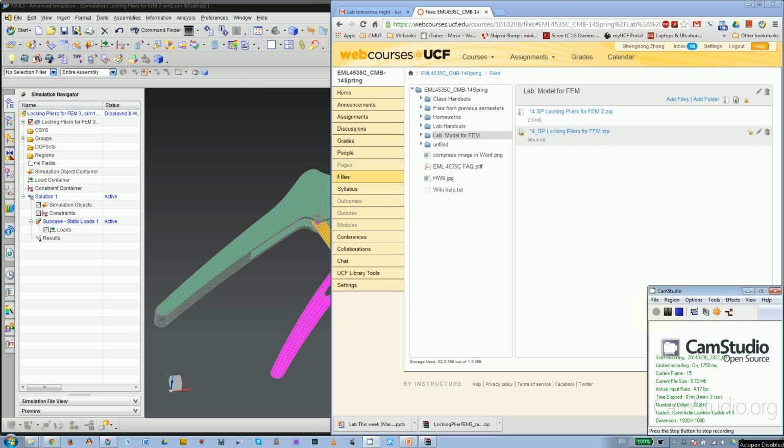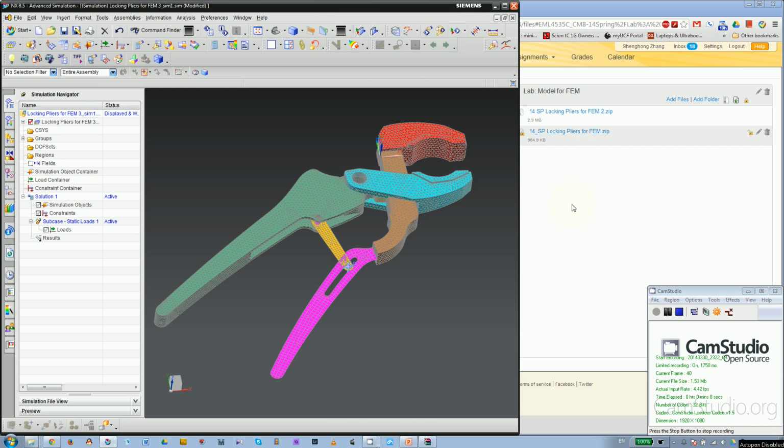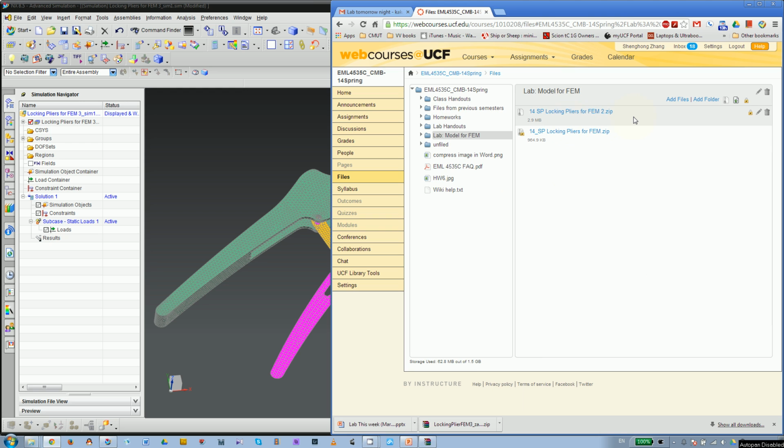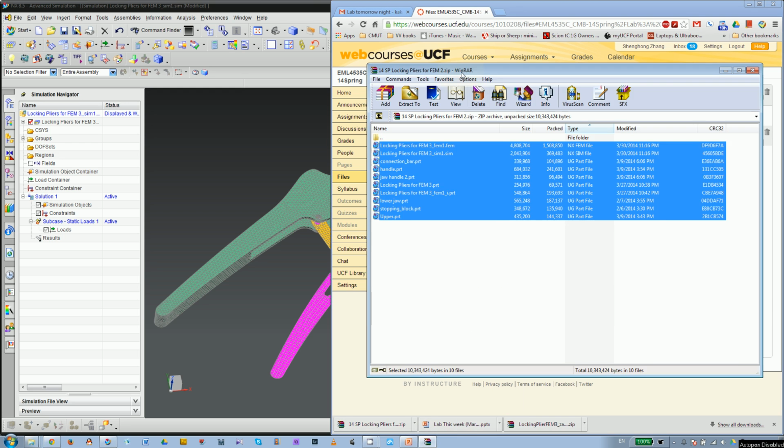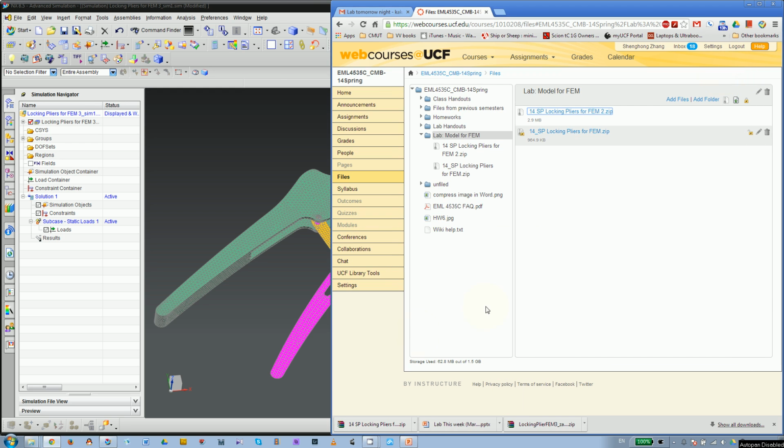Alright, this is lab 10, and as we all know, we made some changes on the model. So now we gave you another model for the fan, and you do want to download this from web course. Okay, it's downloading. However, we already made some progress on this model, so you don't have to redo all of the work. After you download this, you should open this zip and extract into the same